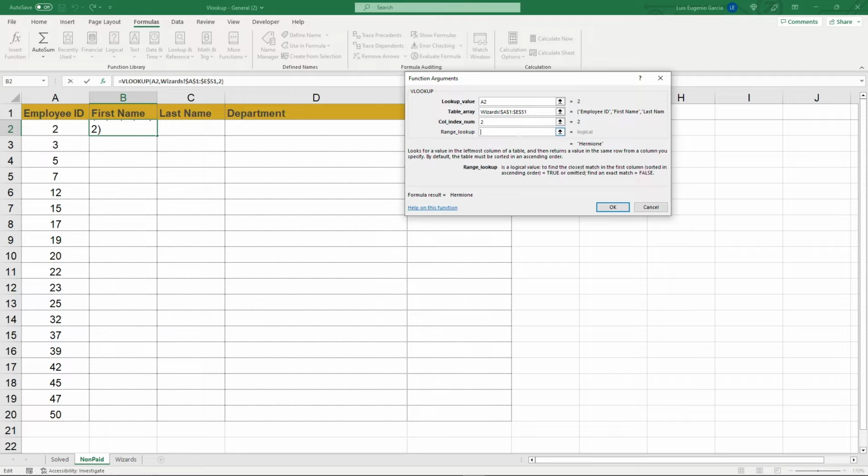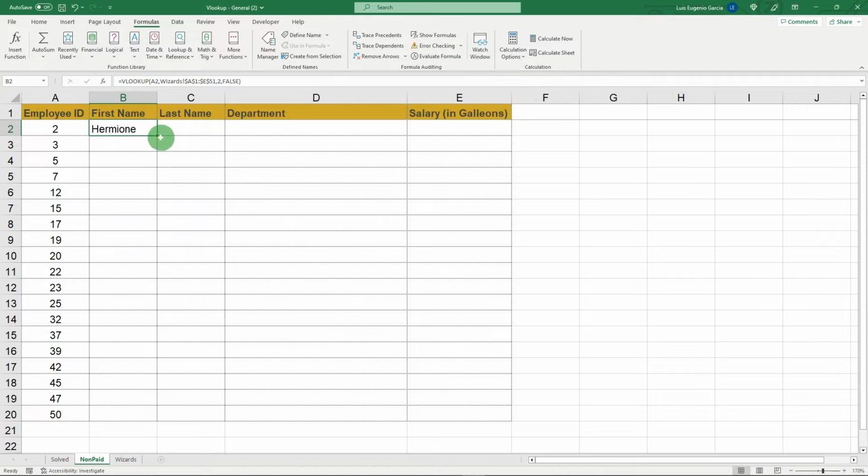This is a logical value that you use to tell Excel what to do if it can't find the exact value. Let's say you have the ID 51, but it doesn't exist in your database. If you want Excel to return the closest value, for example, ID 50, you must enter true, but if you need the exact value, enter false. In this case, you need the exact value, right? Then enter false. Since it's very, very rare that a VLOOKUP is executed with a true range, you can assume that you should always enter false. And that's it. Click OK, and your spell is ready.